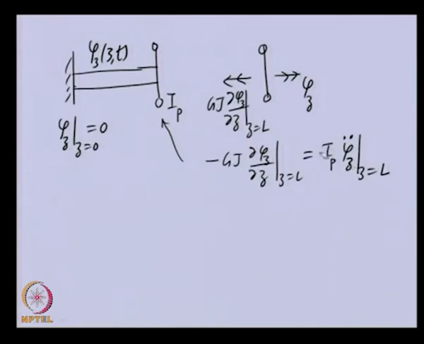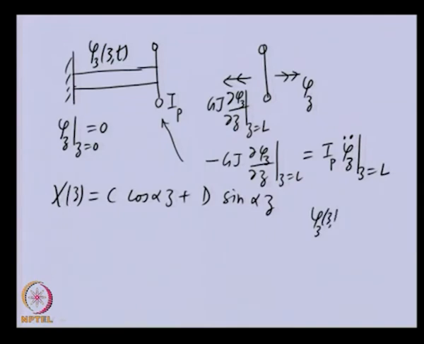Now, let us see how this boundary condition gives complexity in the solution. So, we had the equation like this, in which C and D we need to obtain with the boundary condition. Because we chose this phi of z as a multiplication of the spatial function and the time function, in this particular case the time function is not there. So, basically we are able to write this as,